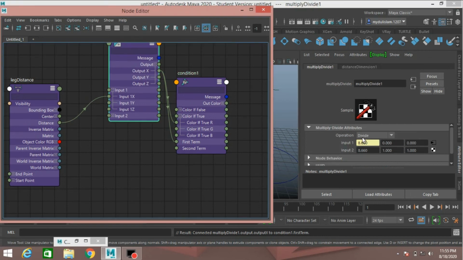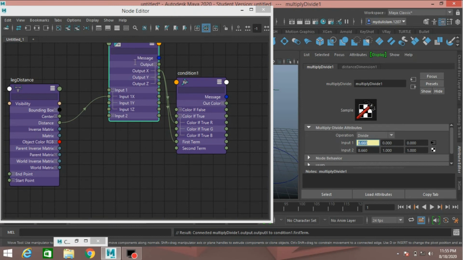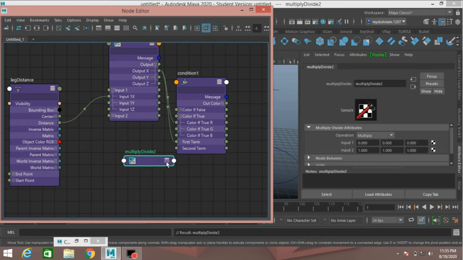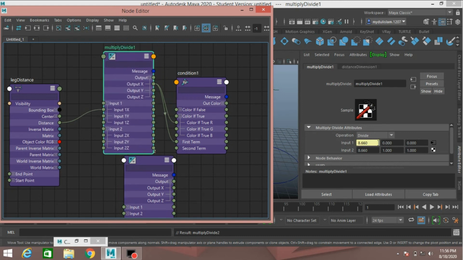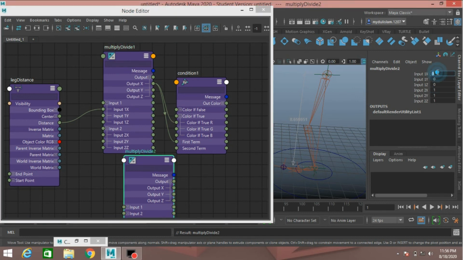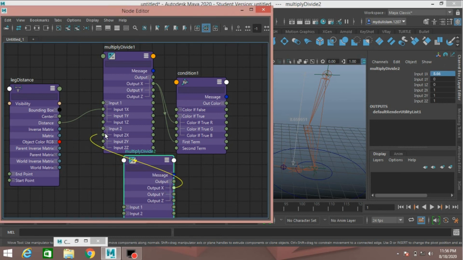multiply and divide node, copy the value, Ctrl plus C, press tab key on your keyboard, take another multiply and divide node, connect the outX to and select this first multiply and divide node, channel box, select the second multiply and divide node, copy this value, Ctrl plus C, multiply and divide node 2, Ctrl plus V to paste it, connect the outX to input 2x,